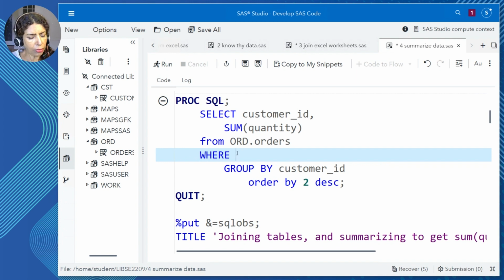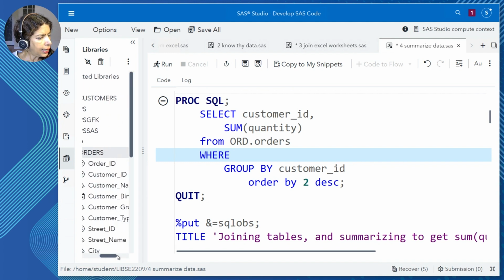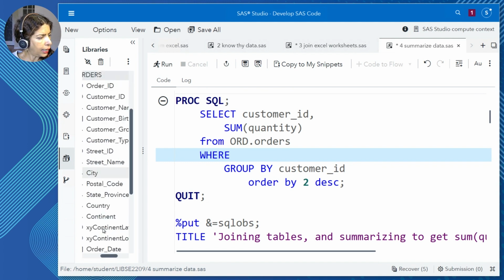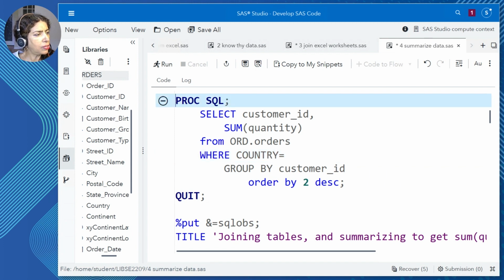On the where, I'm going to ask for country and I'll examine the orders dataset. In there, I've got a country column. So I'll say where country equals. Now I'm stumped. I don't know what the values are. And if I double click to open up the data set, it's really large. It's going to be a waste of resources.